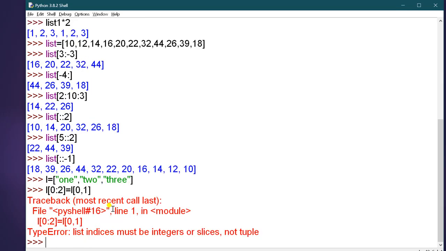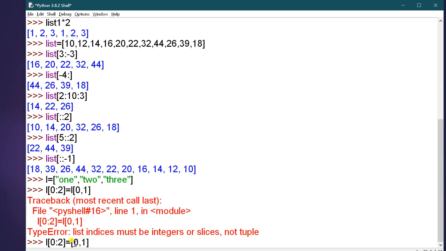Okay, list indices must be integers or slices, not tuple. So what is wrong in it? This is line 1. This is 0 to 2 is equal to 0 and 1. Okay, here is the error.